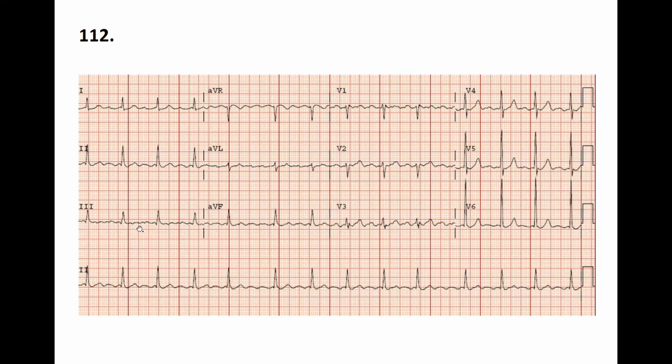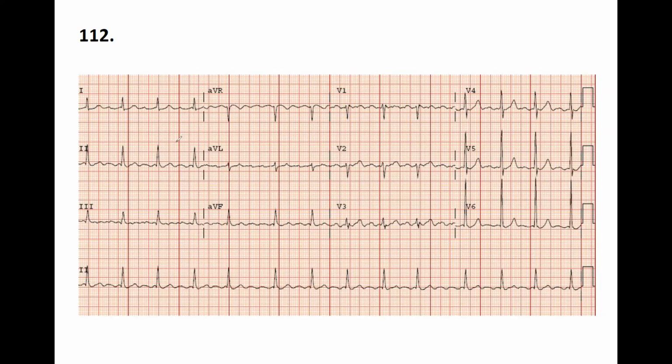I counted the heart rate and it was 3.5 blocks between our waves, so it was around 85 beats per minute. I checked the axis, I checked lead 1, it was positive. AVF was also positive, so it's in the normal range. Then I compared lead 2 and 3, and 2 was bigger. So it should be around